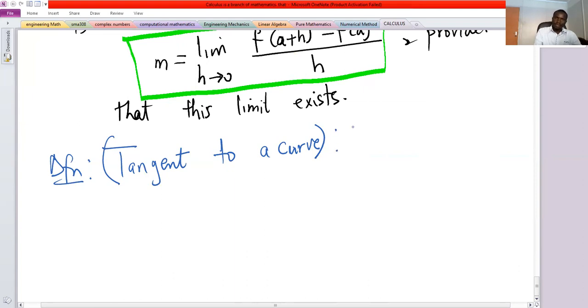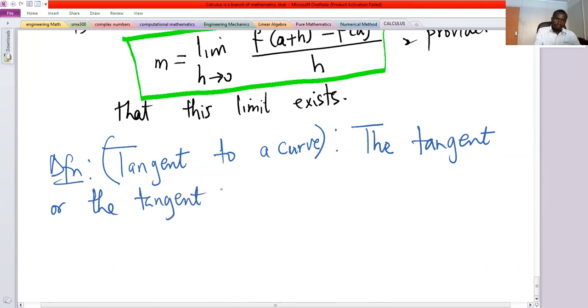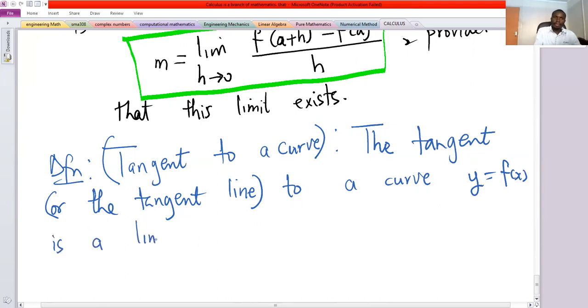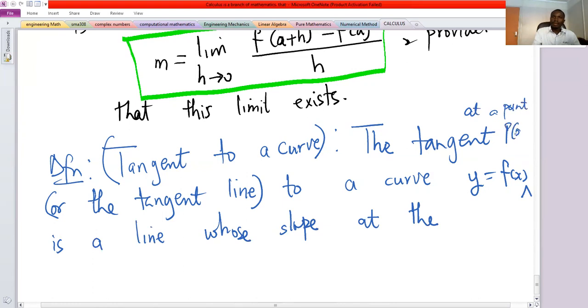So you say the tangent line to a curve y equals f of x at a point P, a comma f of a